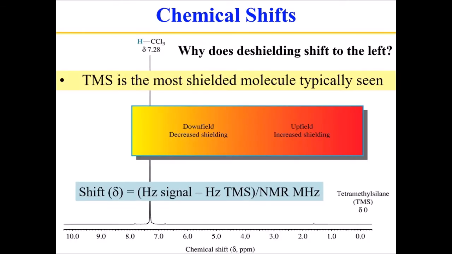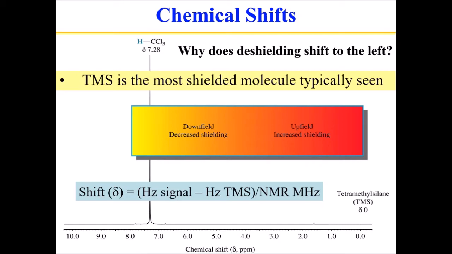So the take-home lesson on this one is the units that we use in NMR spectroscopy are kind of nonsensical. We use ppm, which actually is parts per million, and that's similar to concentration, which makes no sense. We should be talking about the megahertz of the frequencies of the photons that are required to flip these protons, but we don't. We talk about ppm, and I don't know where that historically came from, but it allows us to use this system where we always set TMS equal to 0,